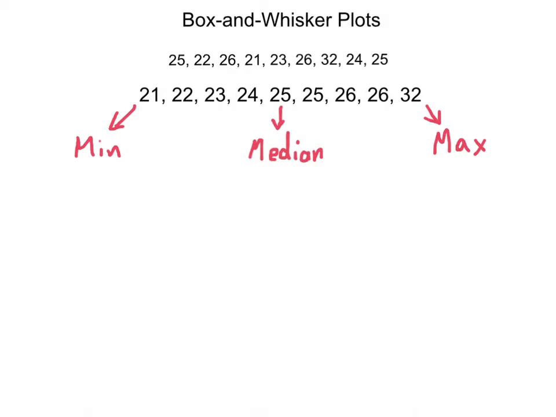Now the way that works is you're going to take the numbers on the left and right of the median and find the median of those numbers. If we're looking at the left hand side, what we're talking about is all of the numbers from 21 to 24. Those are the numbers we're going to look at, and we're going to take the median of those numbers. Since there isn't a number in the middle, we have to take these two numbers and add them together. We end up with 45, and then we divide that by 2, and that will give us our median. In this case, the median is going to be